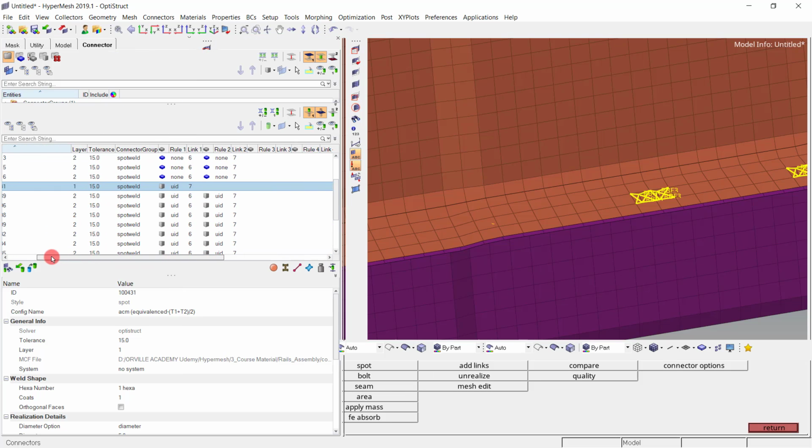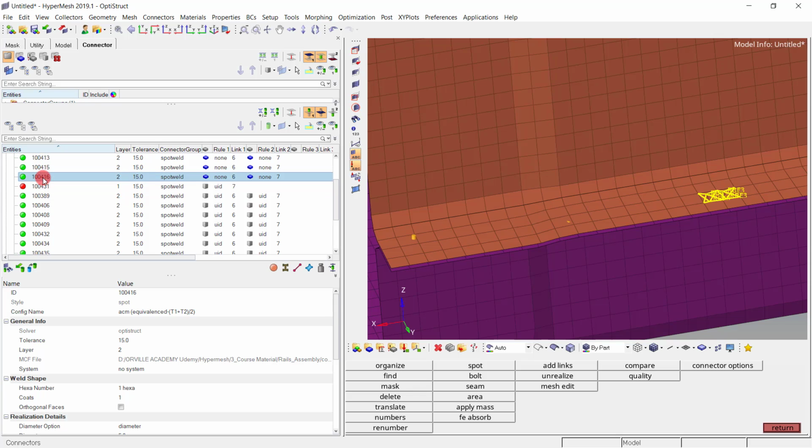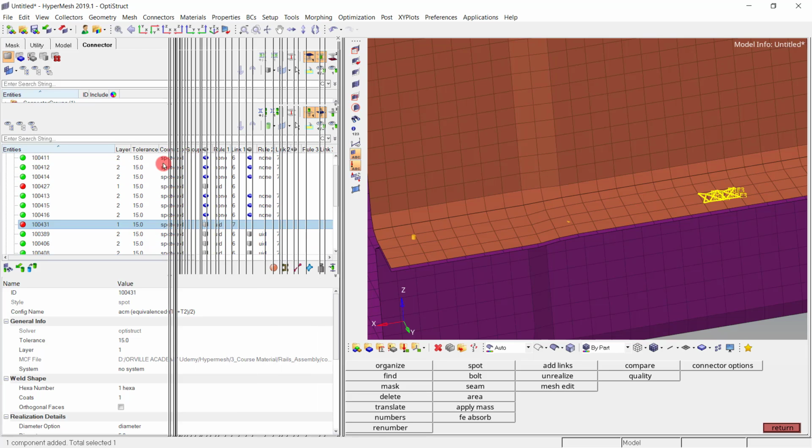Let us scroll on the left side. Here you can see this particular connector is realize 1, and under the rule 1 over here you will find the component. But for this we have the part ID, and you can identify this because of the symbol. So since for this connector I have only one component to be connected, I will have to update the links.